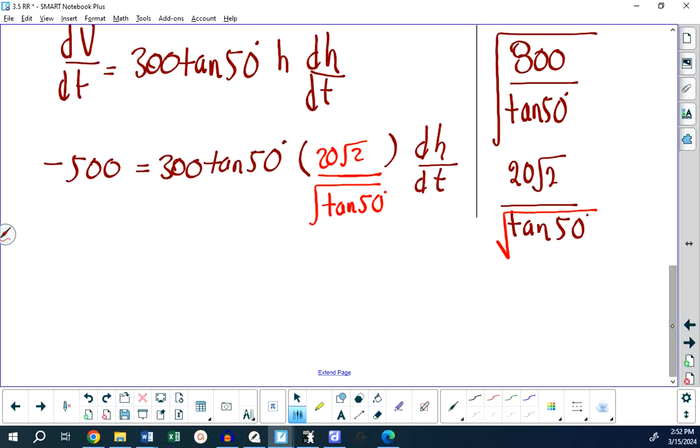When I rearrange this for dh/dt, what do I have? I have 500 divided by 300. I also have to divide by 20. So that's negative 5 over 3. That's negative 5 over 60. That's negative 1